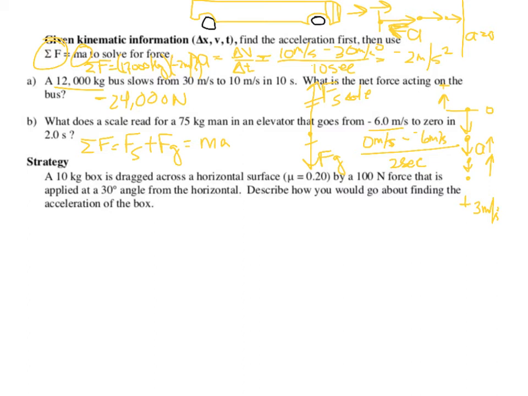Positive 3 meters per second squared. I hope you see that. So what does that mean? That means we have to put this in here. 75 kilogram man. What's the Fg then? Negative 750. So we have force of scale plus